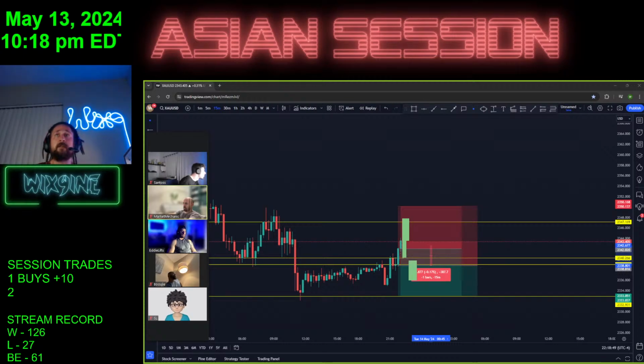Sorry, wrong color. Right? Because if you get that closure back in range, then yeah, you're coming down. This is what you would look like with a closure back in range. But either way, you're going to tap these areas to grab orders up or down. So that's what I'm expecting.